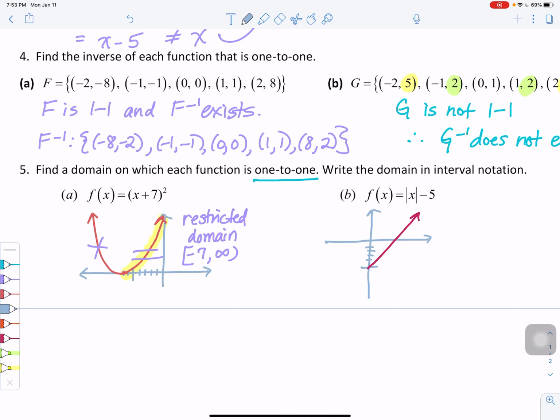So we'd like to restrict this domain so that we could write an inverse if we wanted. So let's just take this piece of the graph here and not use that part. So our restricted domain, 0 to infinity. And that concludes the